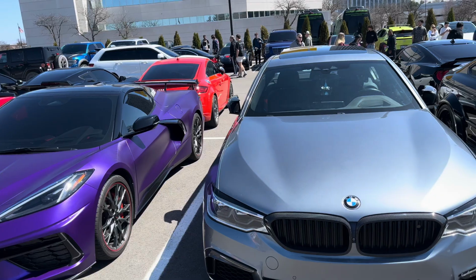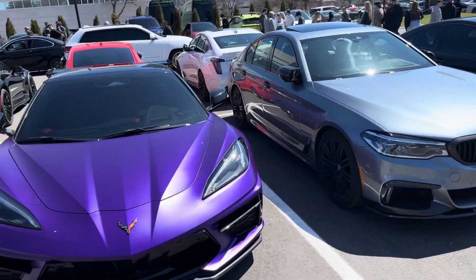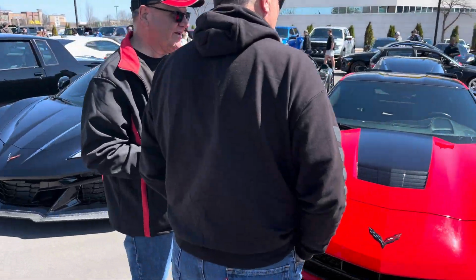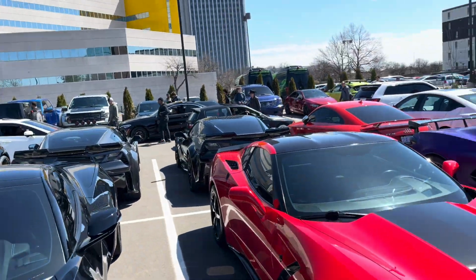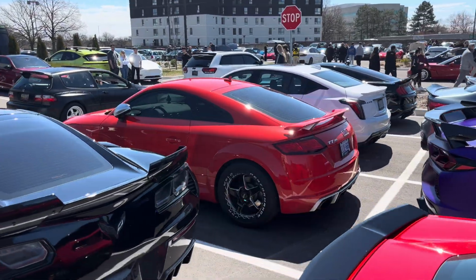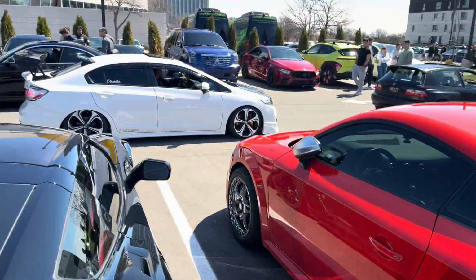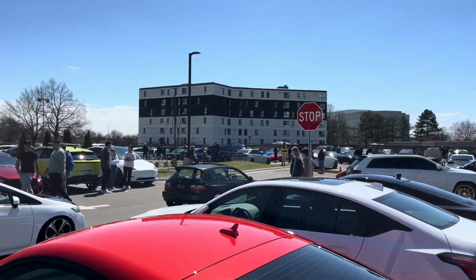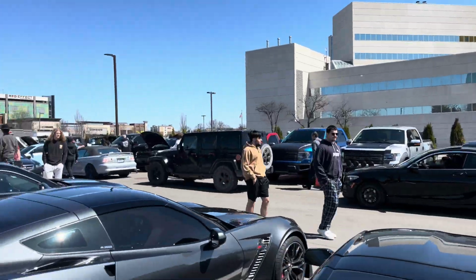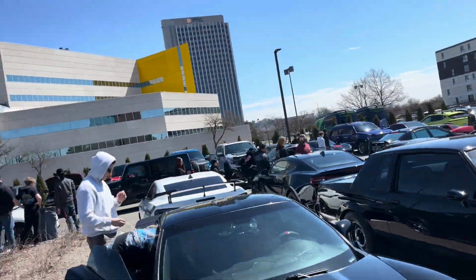Got a 540 done up with full M bits, and it looks really good. Purple wrapped Vet, red Vet, TTRS on drag slicks. That's terrifying to think about. These things are insane, and I'm afraid what this thing can do. Got a Civic SI with a Civic in front, Grand Cherokee SRT. This is insane. Grand National, Corvette, ZL1 1LE,